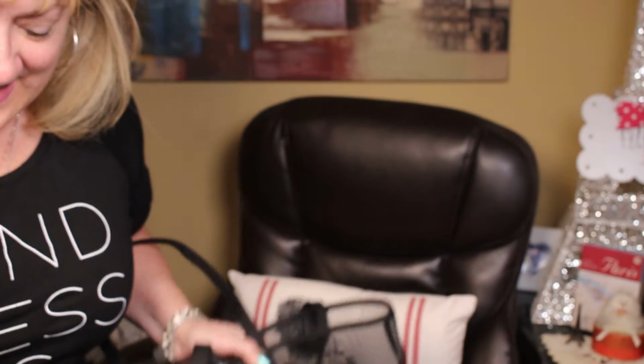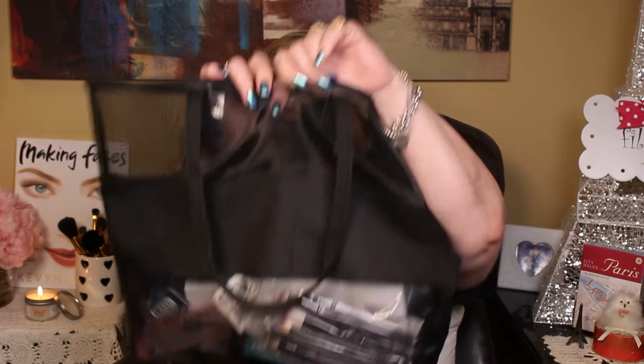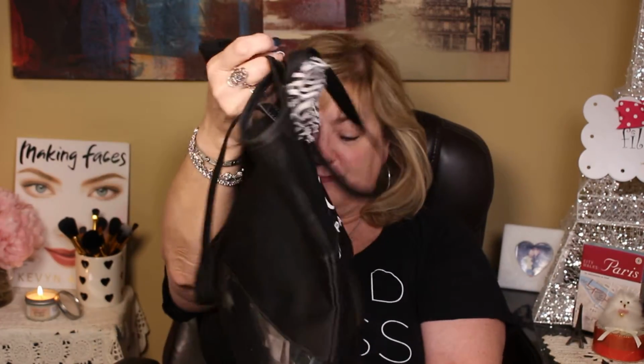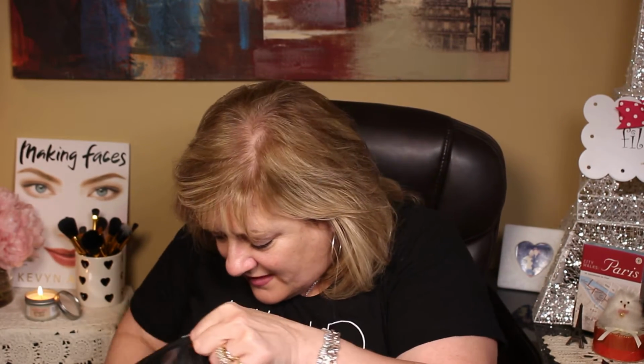Yay. That's unprepared. Okay. So y'all know that my dressing area is down the hall off my bedroom, in the bathroom area, my boudoir. And therefore, I bring stuff in here to do in this little, this is that Lancome gift bag, which I really like. It's mesh, it's lightweight. And I want to put on my regular stuff that I like to put on, which is